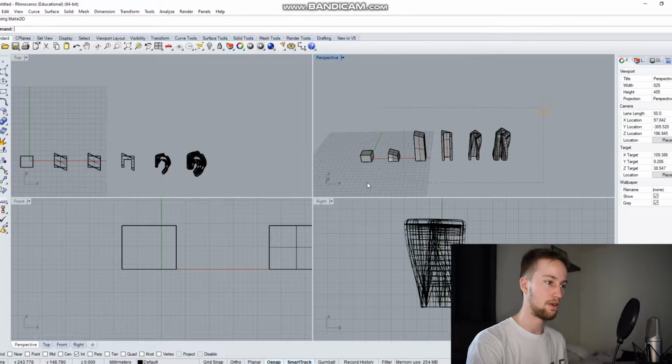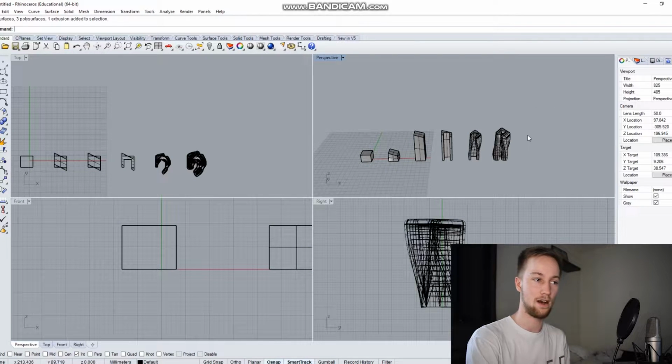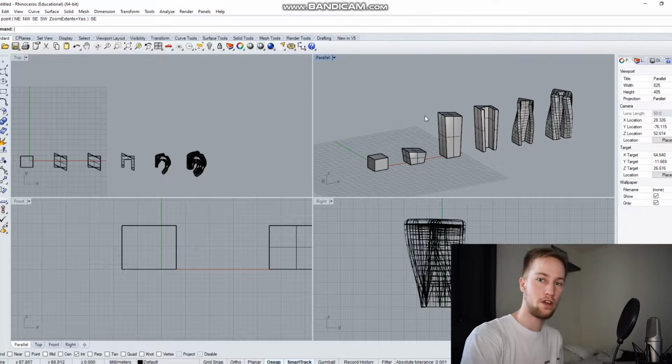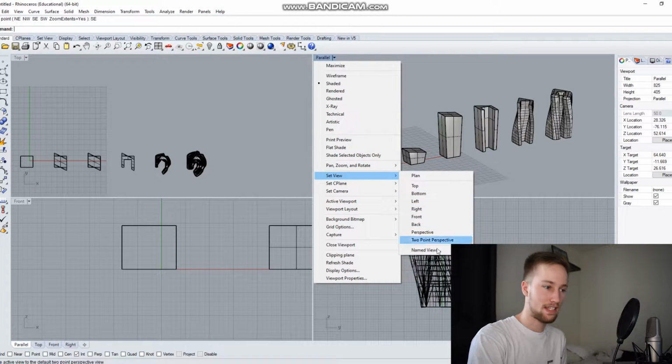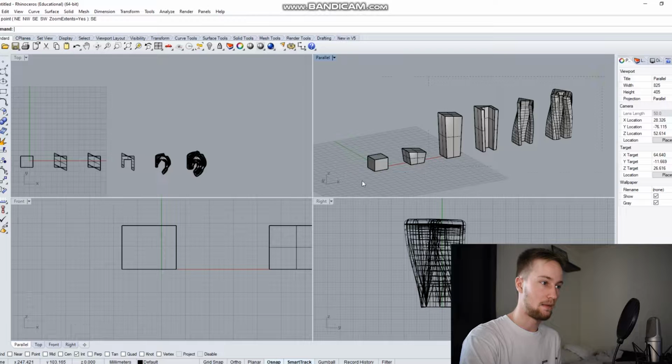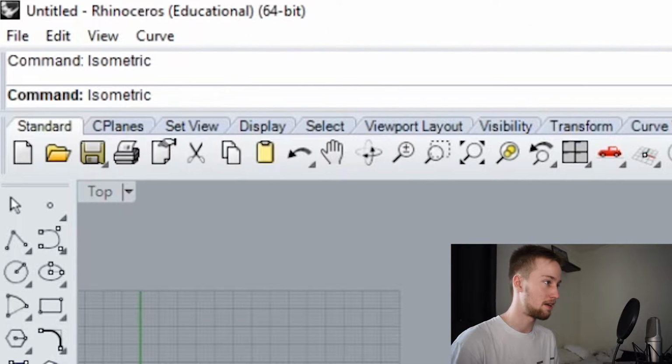So once you're happy with your design process and how your form evolved into this tower or whatever you're creating, we're just going to go to the viewport settings at the top here, click on the down arrow and go to set view. In Rhino 6, this will have an isometric option. In Rhino 5, that's what we're using, we're going to actually have to type in isometric. So if we type in isometric into the command prompt,